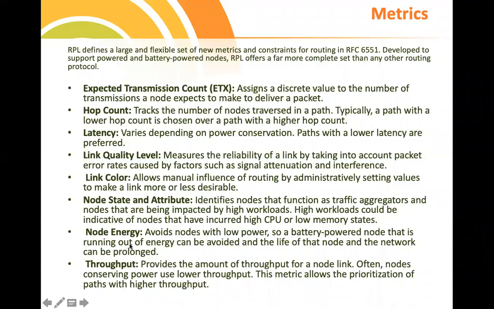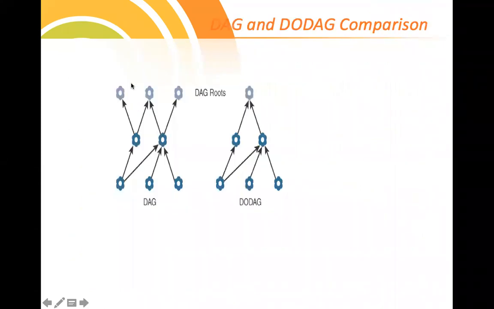So with this node energy metric, what we are trying to say is we are supposed to avoid low power and low battery charge if you are using a rechargeable battery, or if it is AC, then the voltage level should be monitored and should be constant. Then there is throughput, the speed at which you can transmit from source to destination. If throughput is low, you will have very little transmission, or on the other hand, we say there is high delay in the transmission line. These are the metrics we consider when discussing RPL.